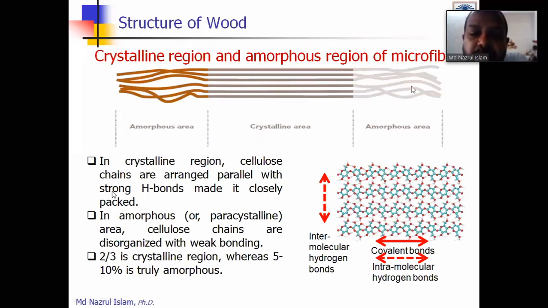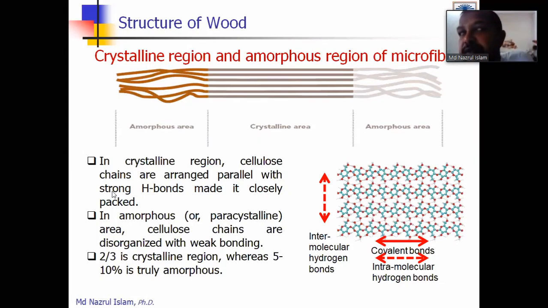So if you just look at this figure, the upper one, you will see there are two different regions. At the left portion, that is the amorphous. At the right hand side, that is also amorphous. And if you see the figure on the left and right, you will see that it is irregular, not parallel, not like a trend line, right? And at the central portion, we are saying that is the crystalline. So that is just parallel to each other, and each line indicates that that is a cellulose chain. So now we will say in the crystalline region, the cellulose chains are parallel to each other. In the amorphous region, that is not parallel.